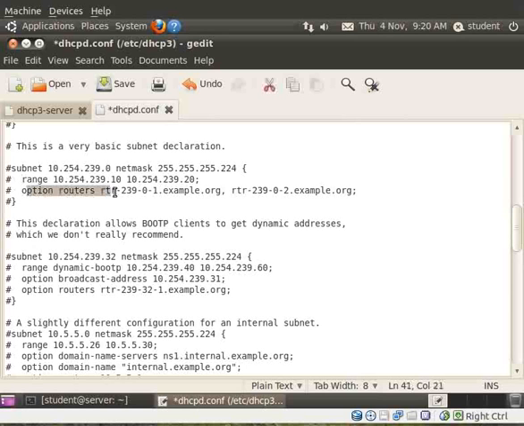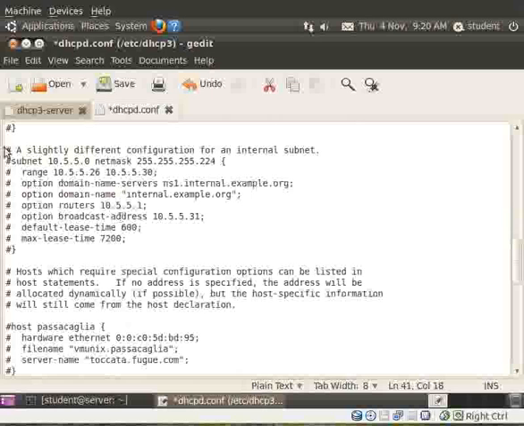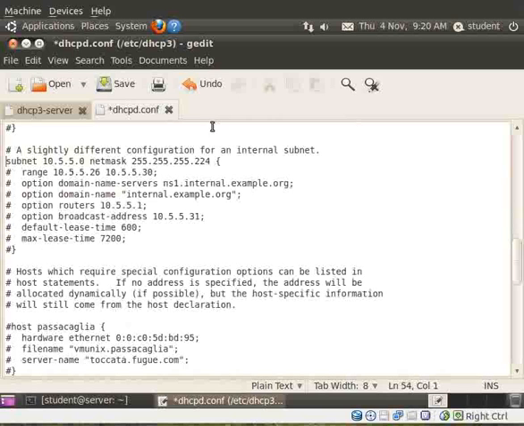We've also got an option for the routers here, so this would be a default gateway for this particular option. Now we're scrolling down a bit further until we find this one here, which is a bit more comprehensive. And I'm going to uncomment the first line and update that. We're going to use a